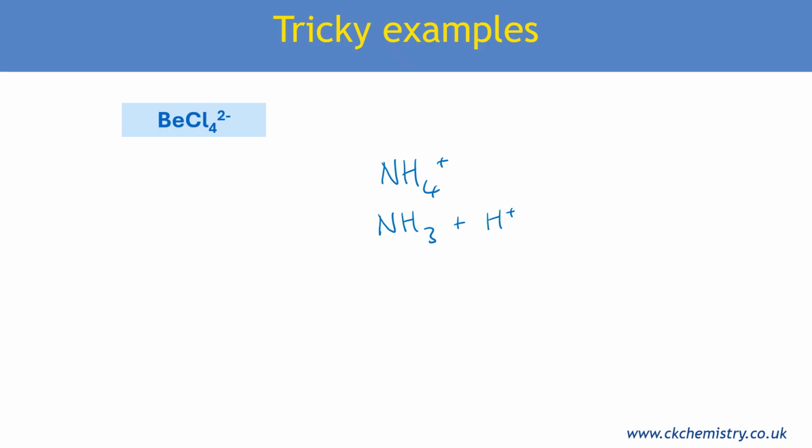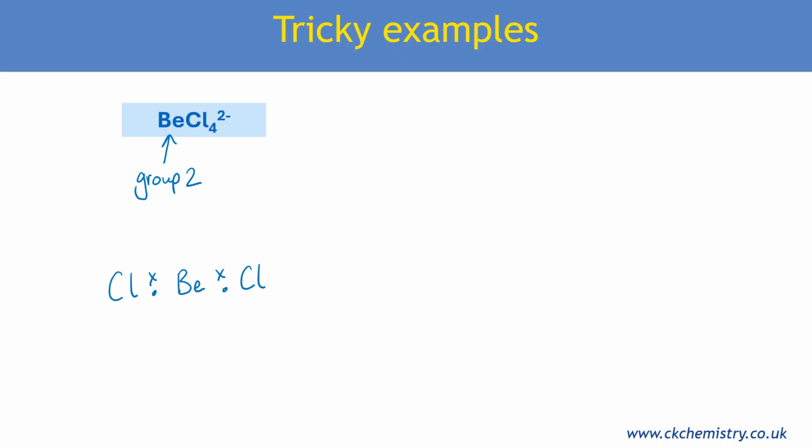So what's happening with BeCl₄²⁻? Well, let's have a look at beryllium because that's a weird element to start with. That's in group 2. So that's only got 2 outer shell electrons. So when it comes to bonding to chlorine, all that beryllium can do, I'm drawing my own dot and cross diagrams now, rather than ones I've prepared earlier. This is what a neutral molecule of beryllium chloride would look like. It would be